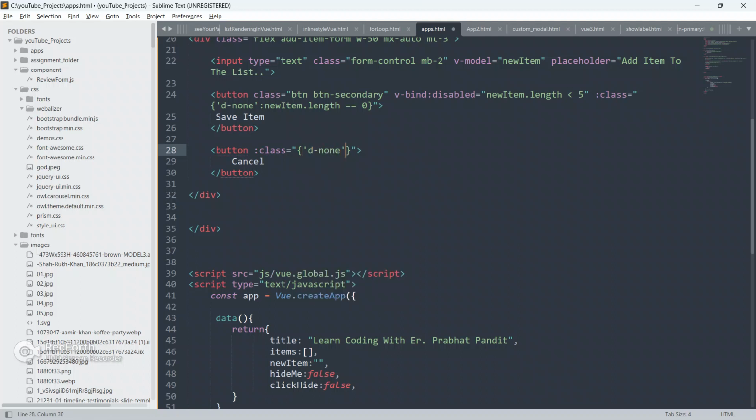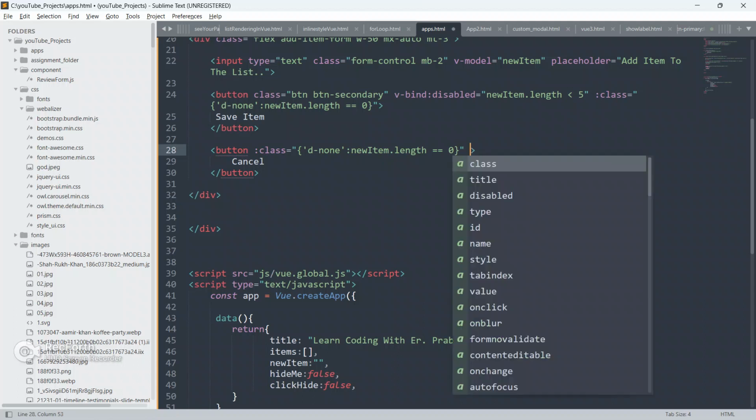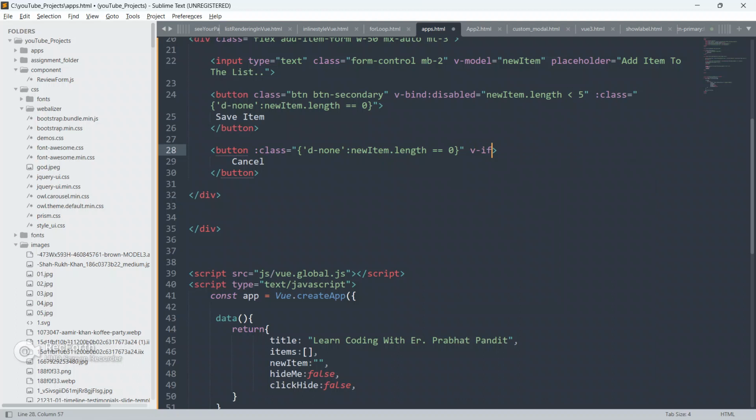So now we will use d-none when new item dot length is equal to 0. And we will give the v-if directive also.